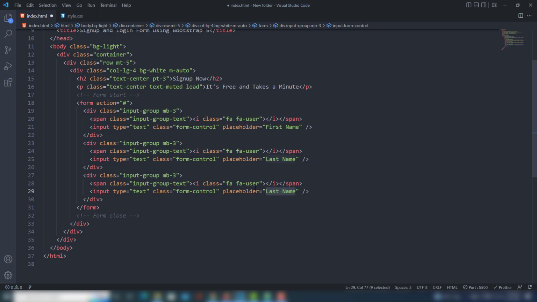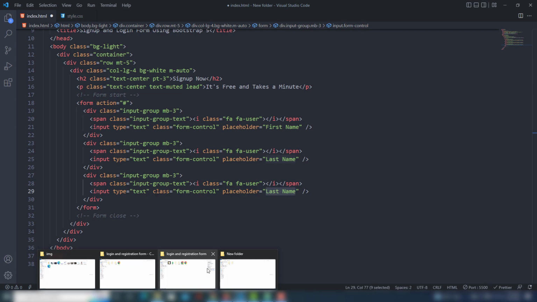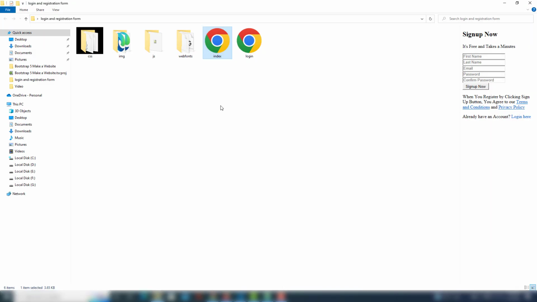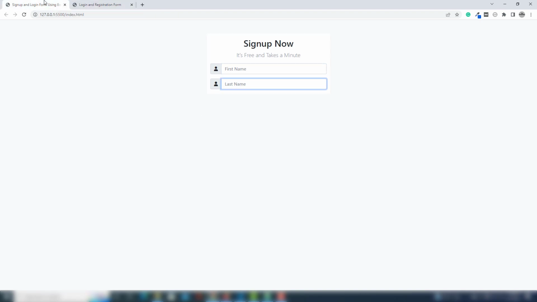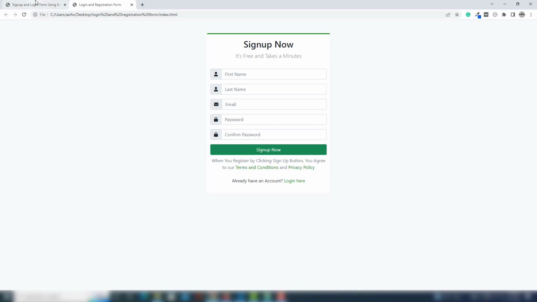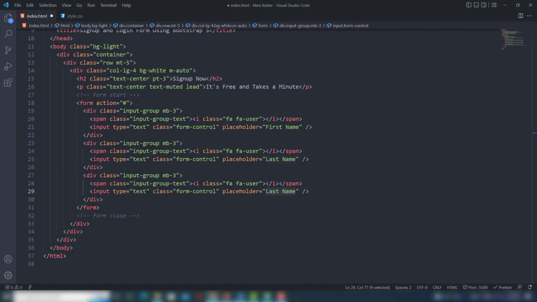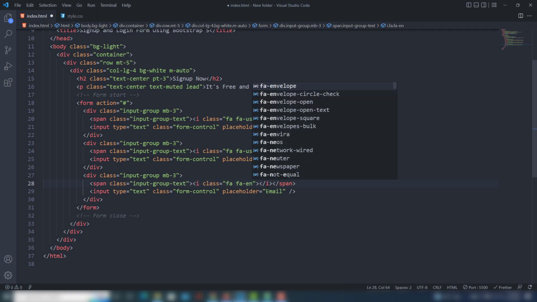Just a minute, I check the previous project, then I will understand better. First name, last name, email. Yes, first name, last name, email. So first name, last name, and this will be email. So the input field will be enveloped,